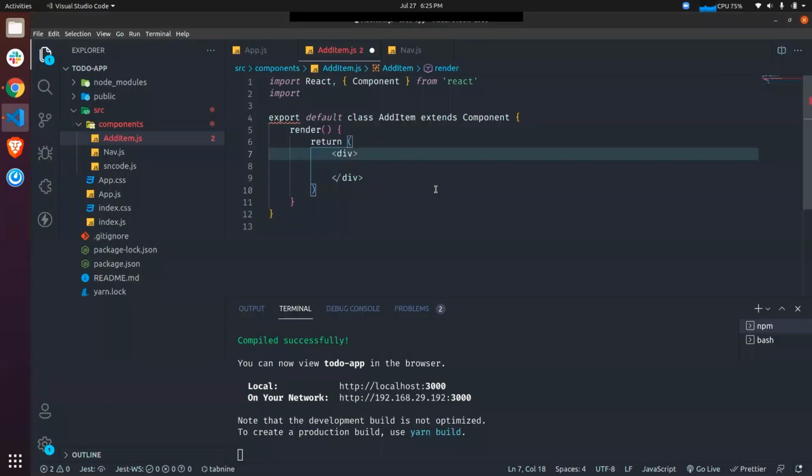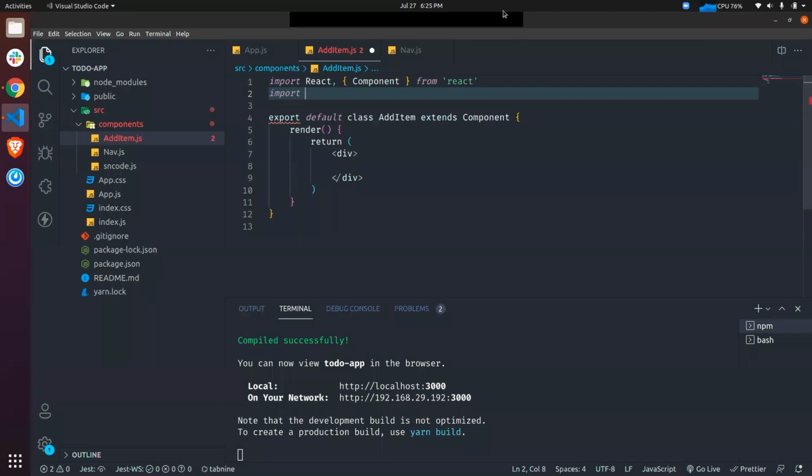So let's use the grid system which is given by Material UI. It's much simpler than using it in CSS. So let's do it. What we need to import is Grid.